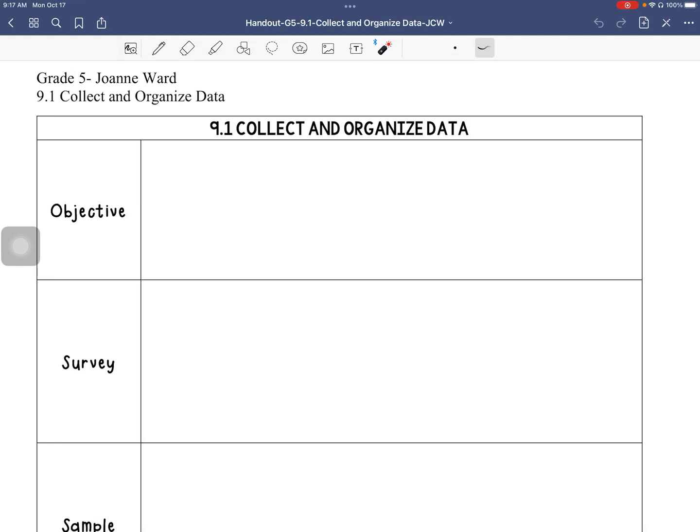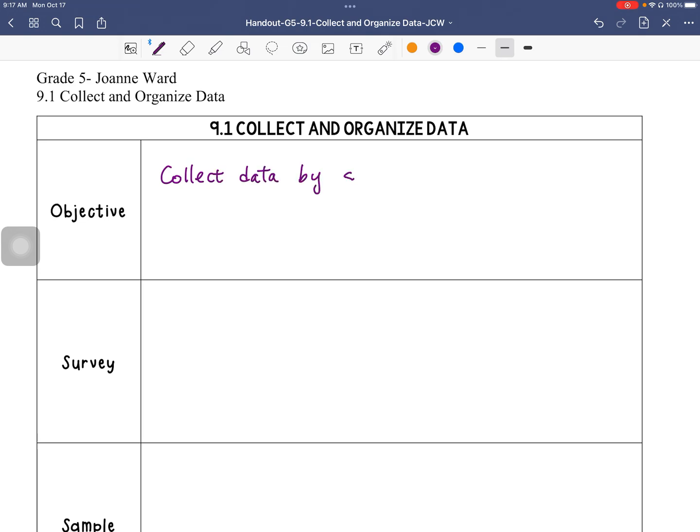9.1 is about collecting and organizing data. So now I want to talk about the objective. The objective here is that I want to collect data by using surveys and organize data in tables and line plots. So first of all, I have to collect data